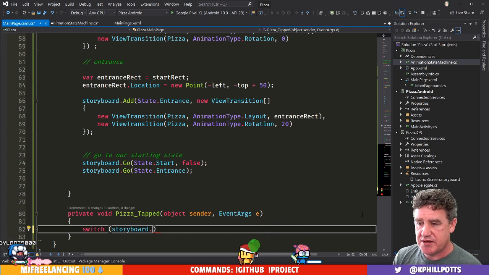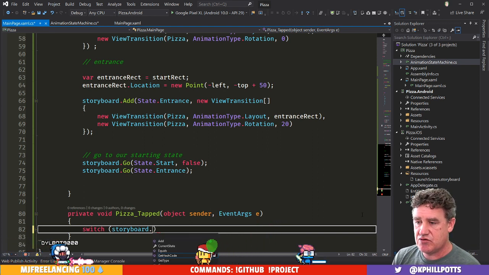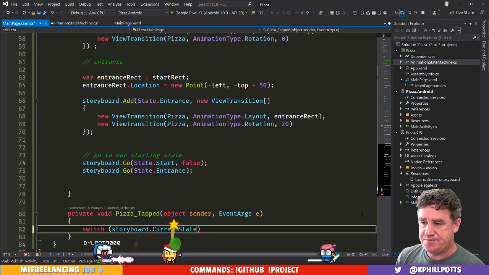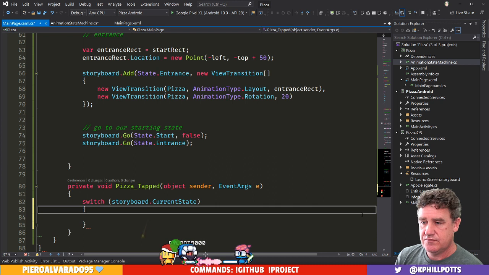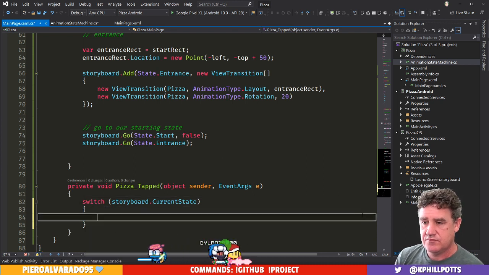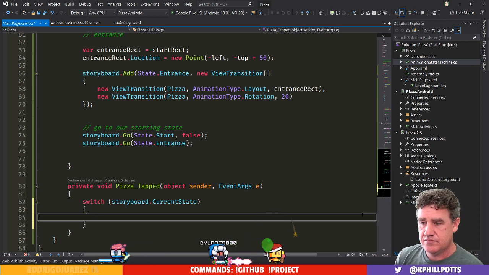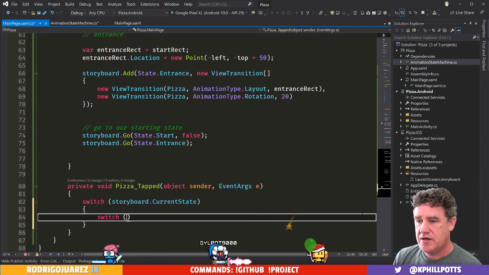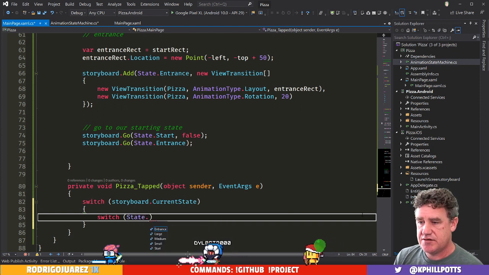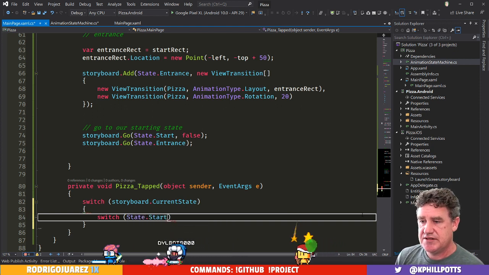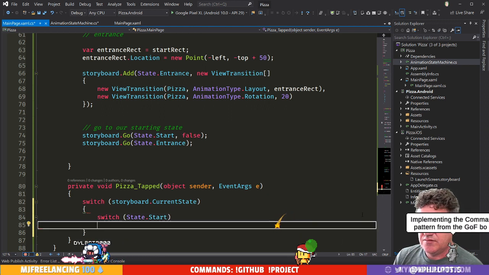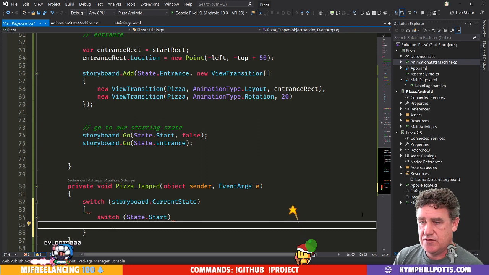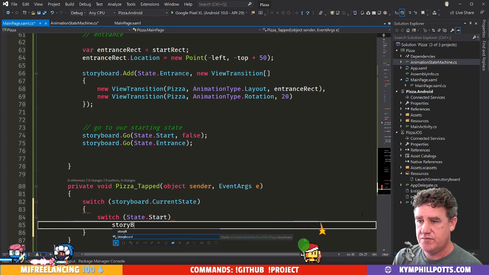Okay, so then what I can do is say switch on storyboard dot current state. And then on state dot start, if we click on it, we want to go to